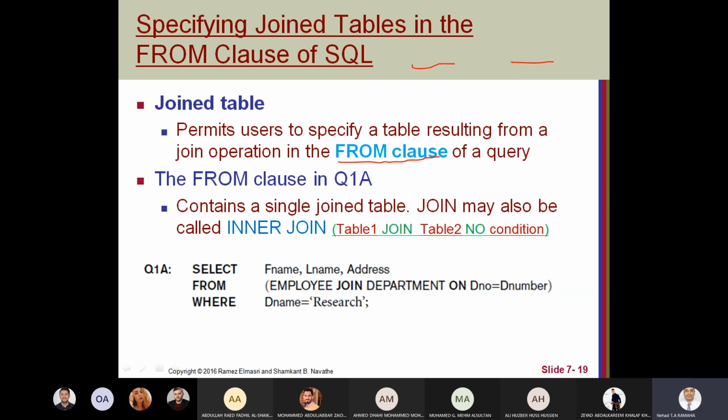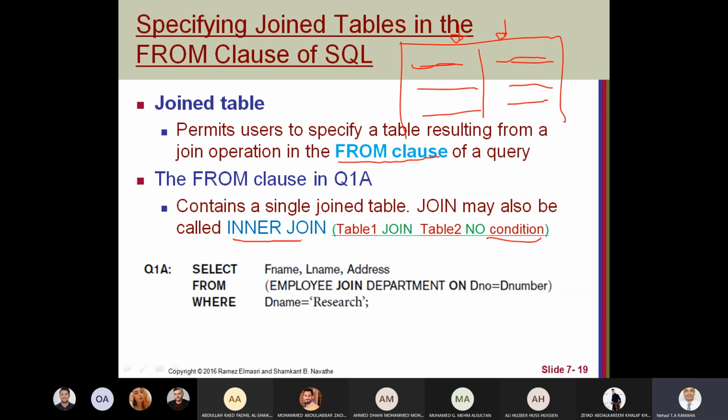So the result will have the attributes from the two tables when you have the same values in the joined tables for the condition. So we call this inner join, or the normal join, or equal join.